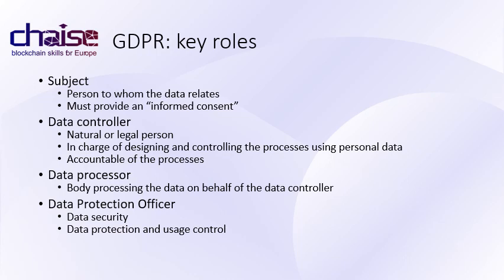The data protection officer, sometimes called the data privacy officer, is in charge of implementing GDPR. The data protection officer is a natural person in charge of managing globally the data security and the privacy protection. This means that the data protection officer must interact with the information system security officer to ensure that security risks are clearly evaluated and that the necessary countermeasures are deployed to mitigate risks affecting the personal data.